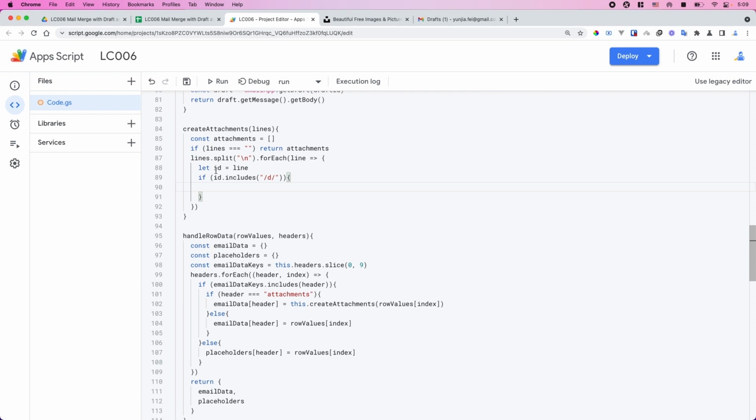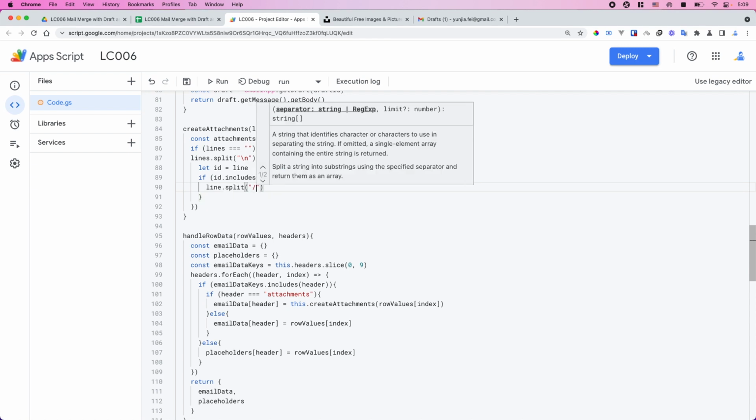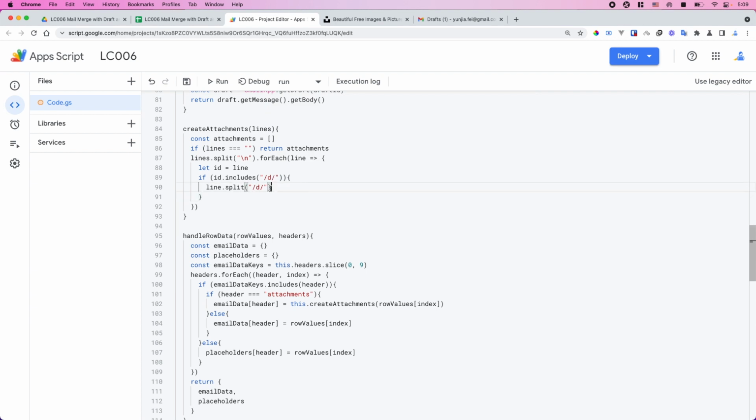So I'm going to split this line or ID, because we assign this line to this ID right now. This ID is exactly the same as this line. So line.split("/d/"), and I'm going to use the second element after we do this split, and I'm going to split again